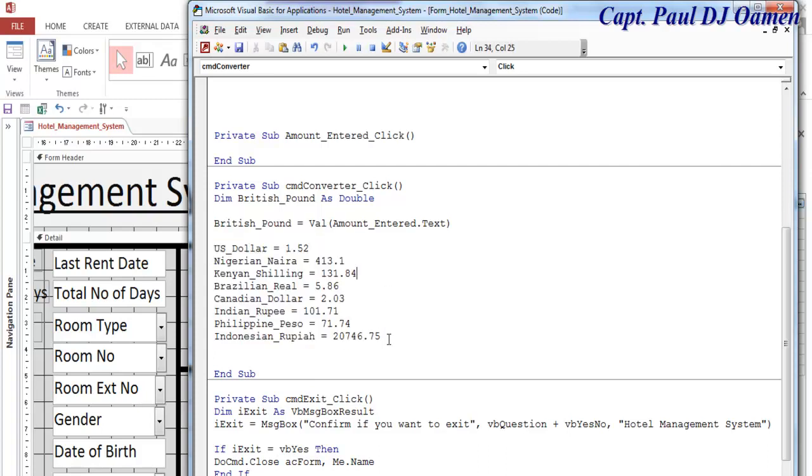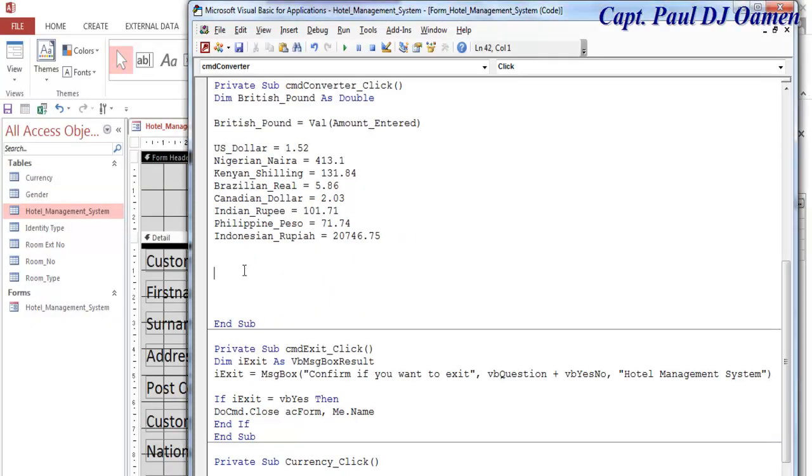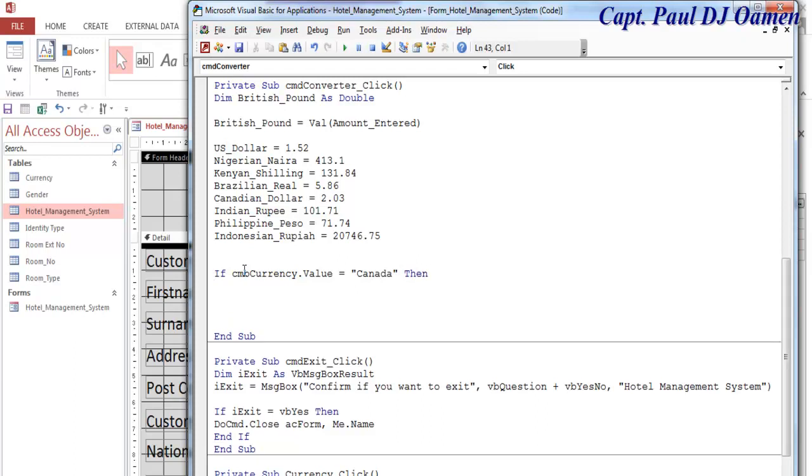So that's it. So the next thing I want to do now is, okay guys, let's use an if statement to determine the value that is entered. So I'm going to say if CMB currency dot value equals, let's say Canada, then we now need to enter the